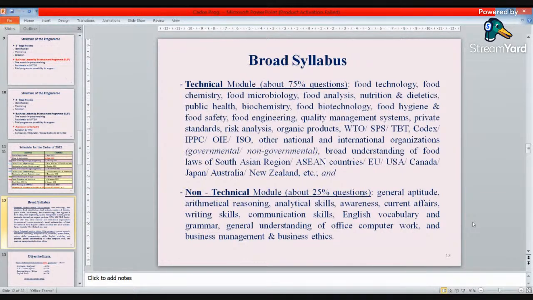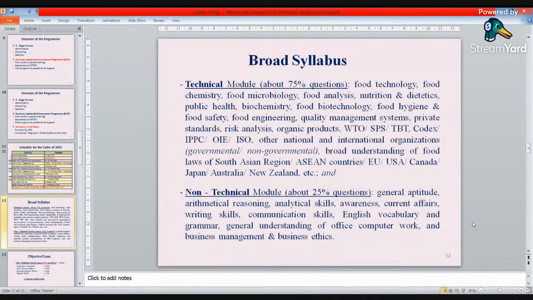Prepare yourself now for career. Career building will take place from these things. These things are not taught in any of our colleges in India, unfortunately. But this is what you need to be in business, to be working in food areas. Even if you are working in FSSAI or Export Inspection Council or APEDA, you need to know all these things. So main countries, you need to understand what is the regulatory structure.